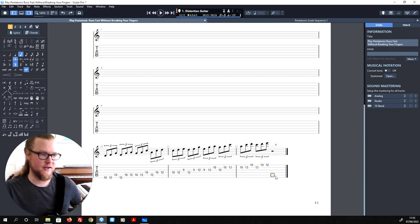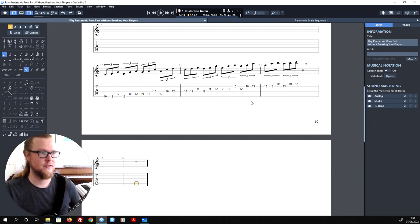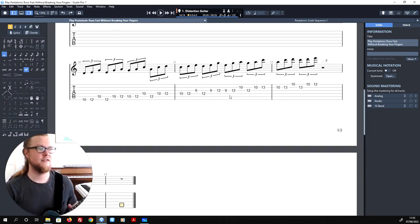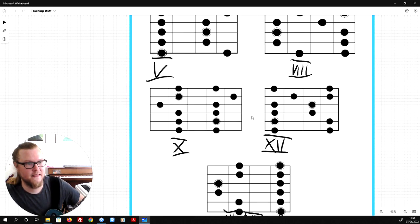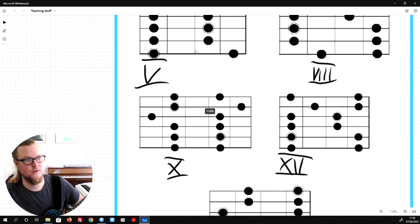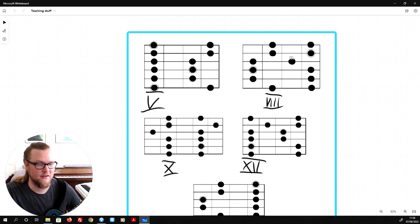So here is now what I did earlier, and I'm gonna give a little bit of room here so that we see this more on top. Now this is the third position, played ascending. And this is probably the most challenging position for most, because it looks a little bit weird, and, unlike for example the fourth position, it's not so easily traced back to the first position. So this looks quite unsymmetrical, this also looks unsymmetrical, but this has more similarity with the first position here, and this one here also has some